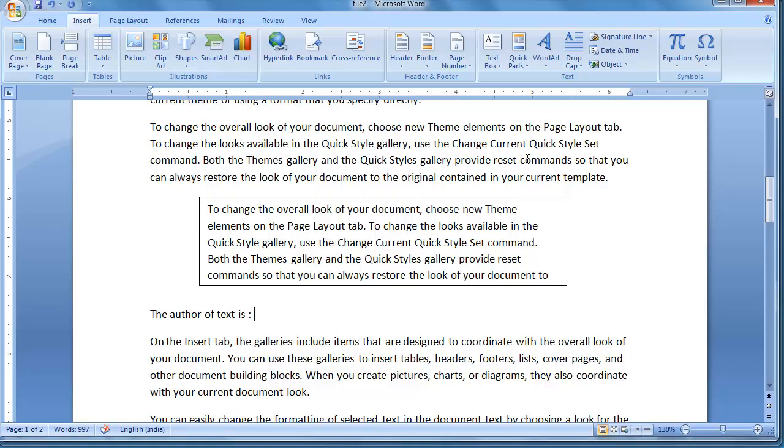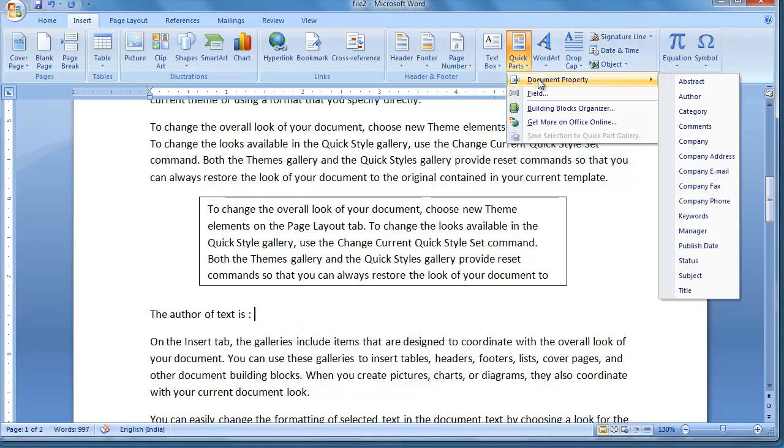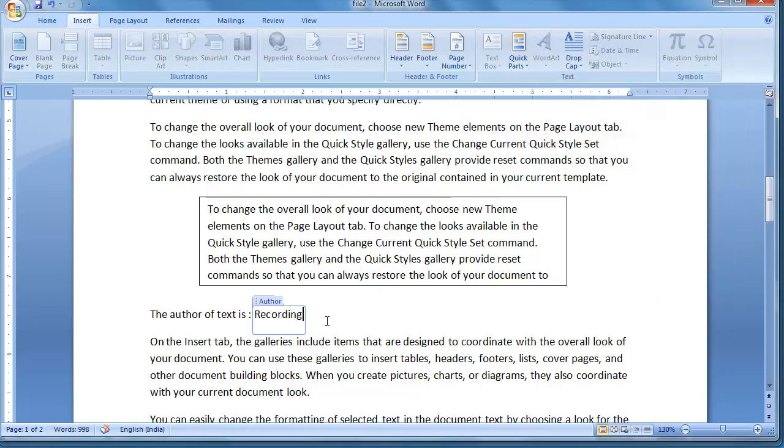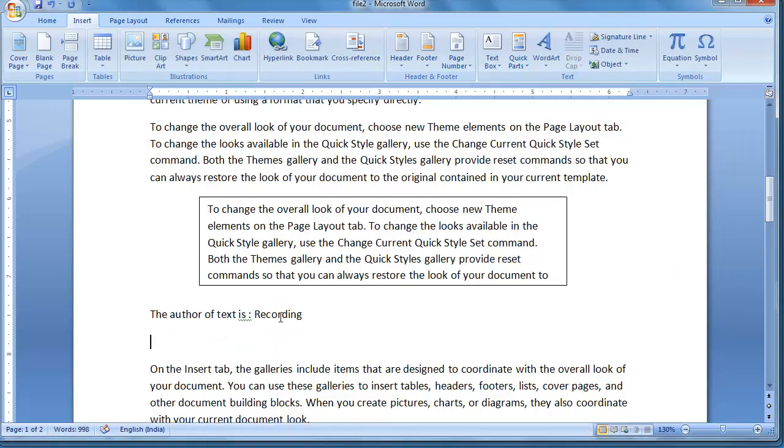One way is we can directly type the author name, or we can take it from here, quick parts, and go to document property, author. The author name is recording. Because I am working with the user named recording, it is coming.